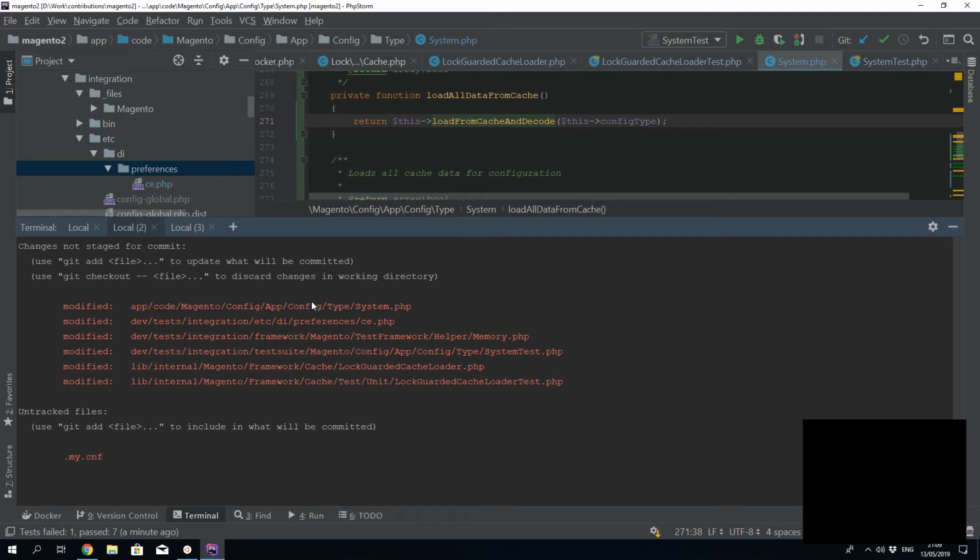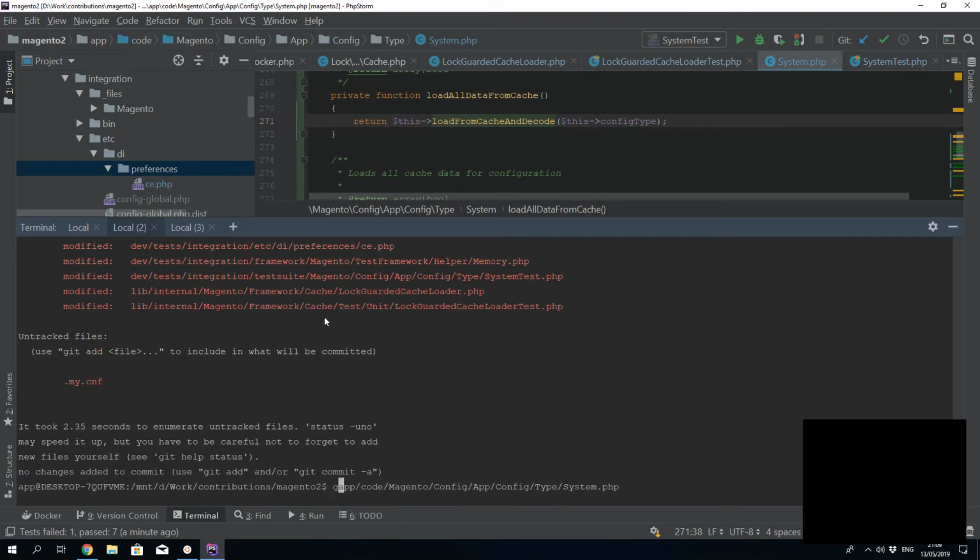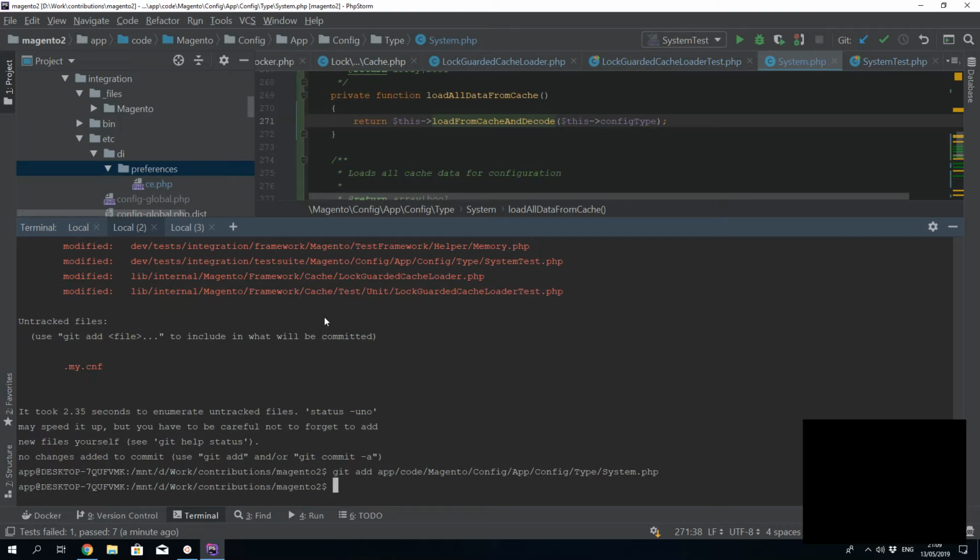Magento config app config type system. Actually, I want to check out on a fresh branch. Fix cache lock write,